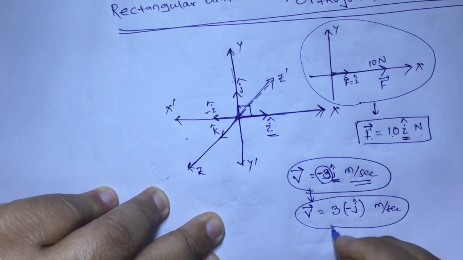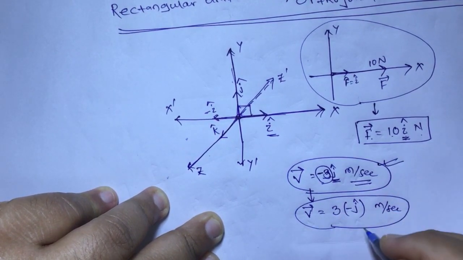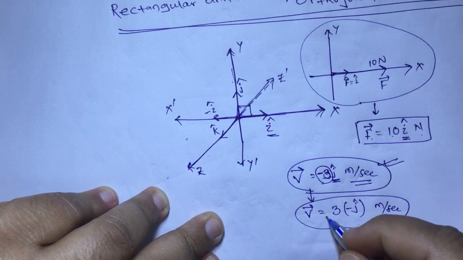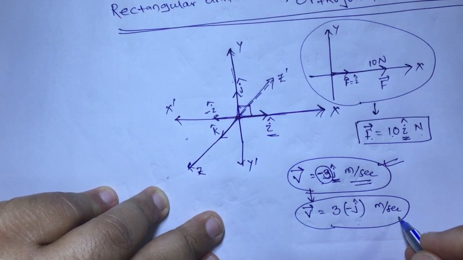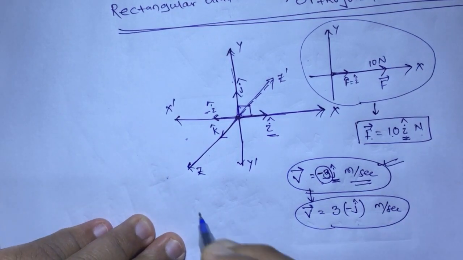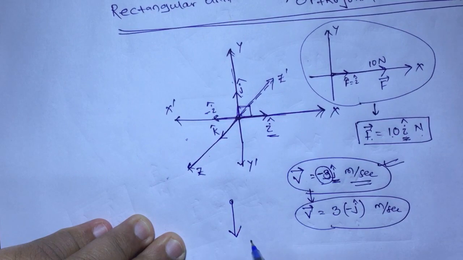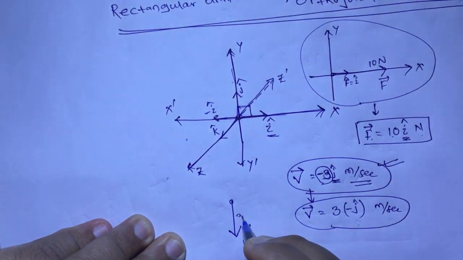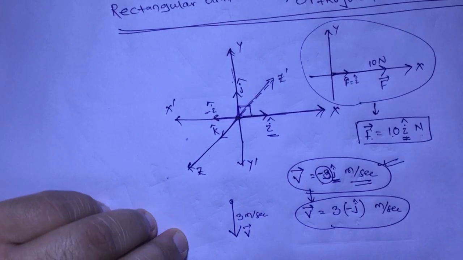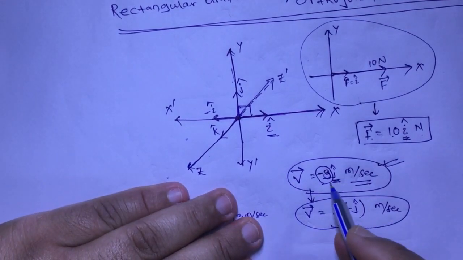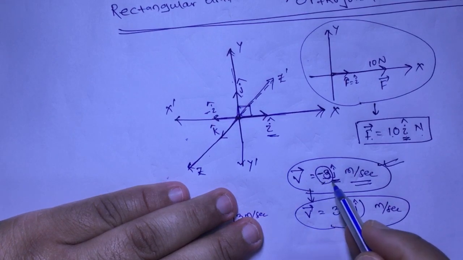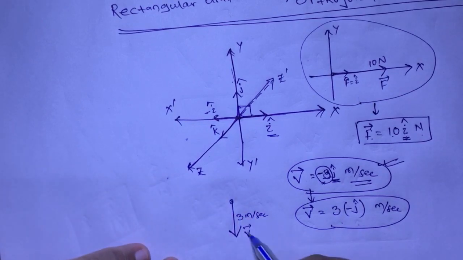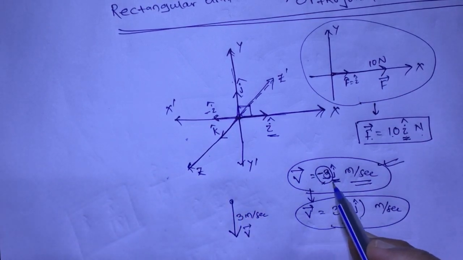We normally do not write in this form. This is the appropriate form to write, but we can understand it properly from here. V vector equal to 3 times minus j cap meter per second. What do we mean by that? It is a velocity vector along the minus y axis, having a magnitude of 3 meter per second. If someone is writing minus 3 j cap, it does not mean minus in the magnitude. You can also say minus 3 meter per second along j cap, but that has the same meaning as 3 meter per second along minus j cap. So it is better to remember that this minus symbol does not come from the magnitude part, rather it came from the direction part.